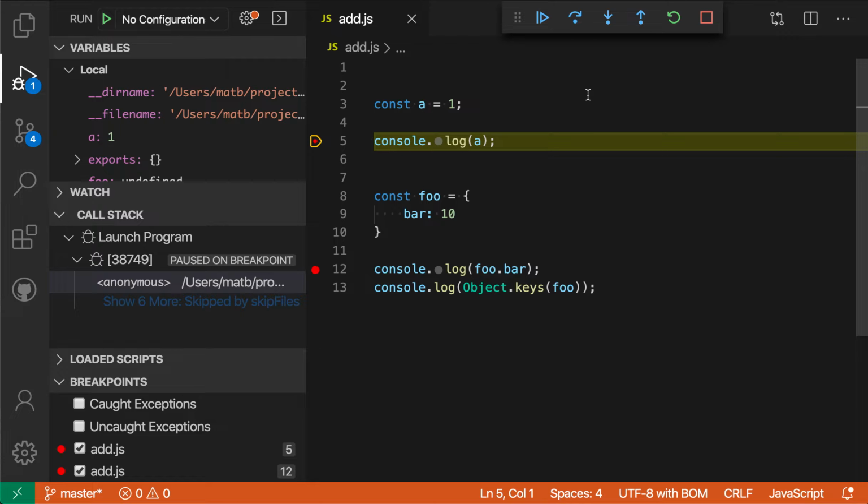Let's say that we actually wanted to change this, though, and explore what would happen if a were something else. So to do that, I'm going to go over to the variables view here and find the entry for a, and then I can right-click on this and say Set Value. I'm going to change this to 123. I could also just double-click on a and change this to a different type if I really wanted to as